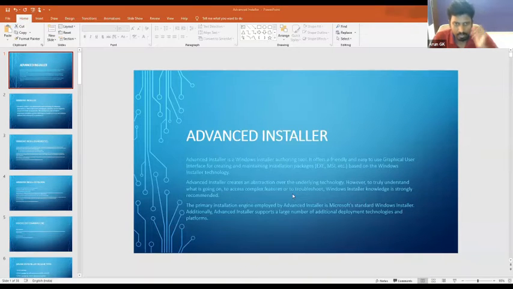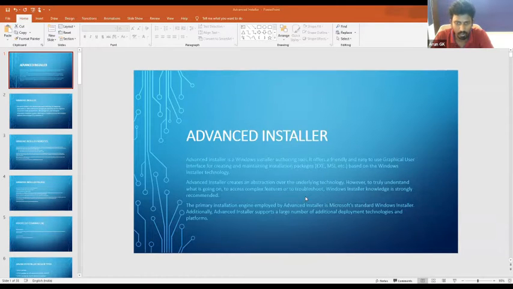Advanced Installer is a Windows Installer authoring tool. It has a very attractive UI and makes it easy to create installation packages based on the underlying Windows Installer technology. First, we have to understand a few things about Windows Installer.